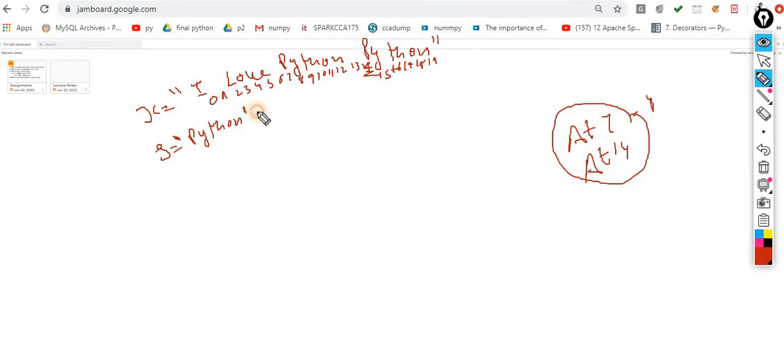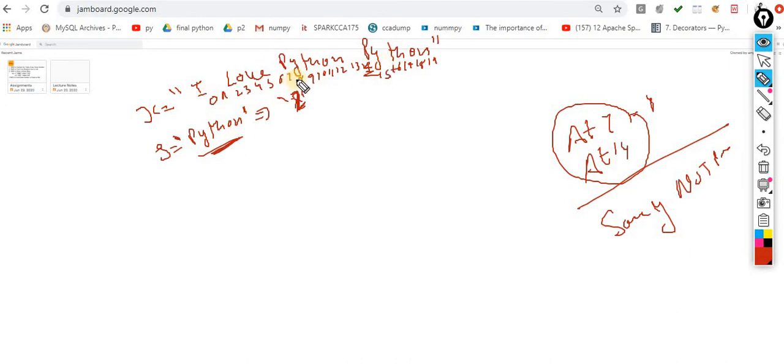Second case, let's suppose the user enters X or Z. What output will I get? Sorry, this is case number 2: not present. Keep in mind that I have to handle both cases. Sometimes the user is looking for a particular string or character which is not available in the entire string. So I have to give a message to the user that whatever you are looking for is not available inside the entire string.